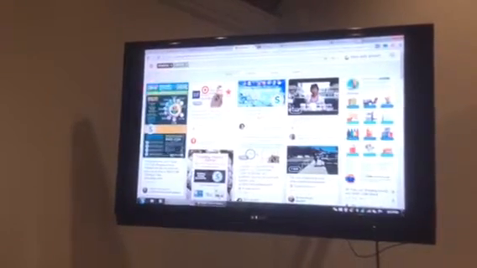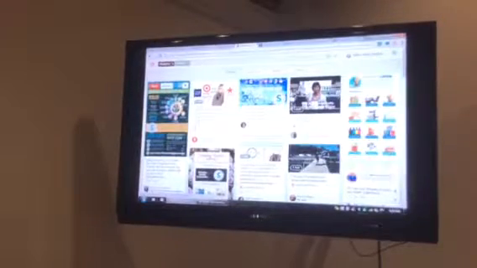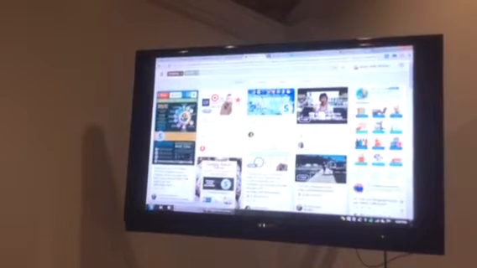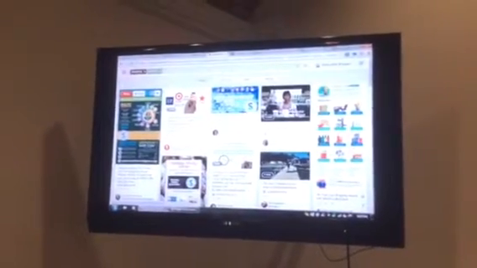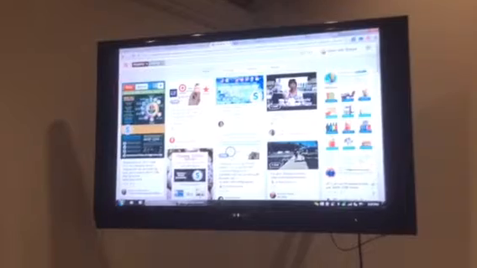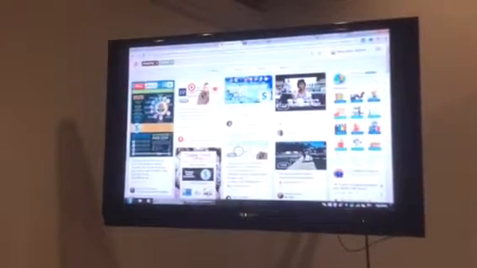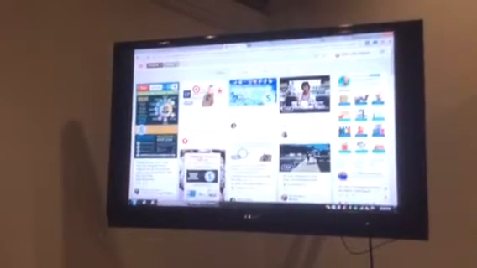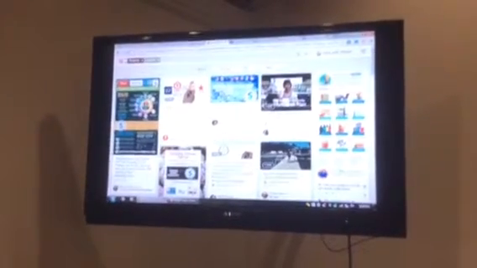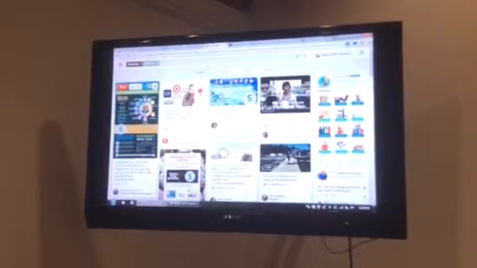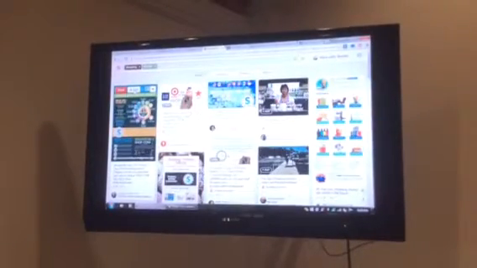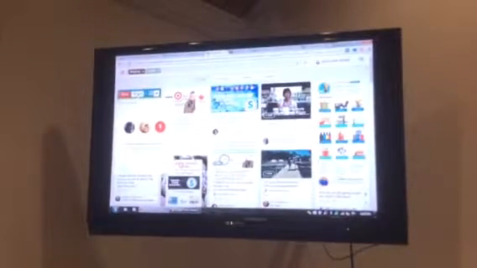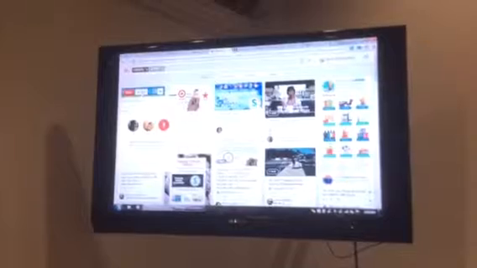So you can see here, now these are not mine, these are pins that were created by other people or repinned by other people. Now, if you look up here, when you hover over a pin, a little option menu will come up and it says pin it, send, or a little heart. The heart is basically like a like on Facebook or on Instagram or Twitter. Sending it, you can literally send that out to people in different ways. If you click on it, on Pinterest, you can send it out to someone else that you're on Pinterest with.